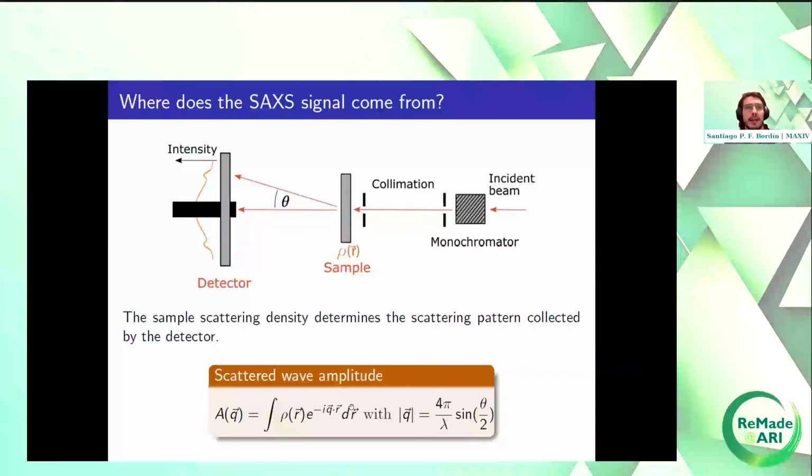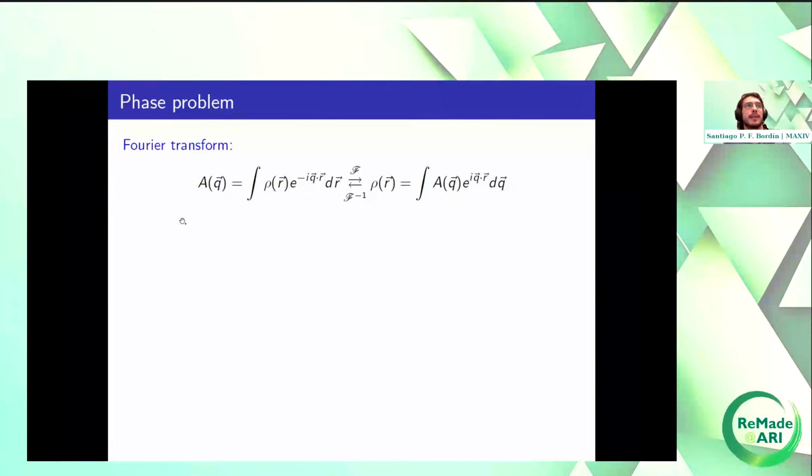If we pay attention to this expression, we see that this amplitude of the scattering is the Fourier transform of our scattering density that defines our sample. So we can think, okay, if we have this function, we just apply the Fourier transform to get the scattering density, and then we can get,